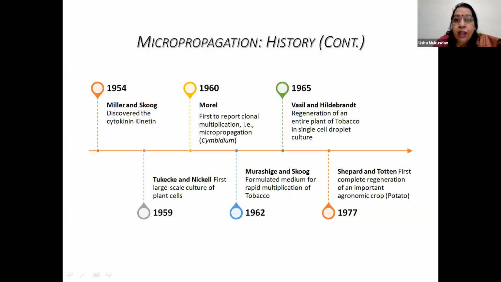Is that clear? Now, how do you find out what your plant material needs? Suppose you're going to start an experiment. How will you find out which is an ideal medium for your plant? So I give another very crude comparison. See, you ask a Madrasi, he will say idli. And what do you have in the idli batter? Rice and urad dal. Yes?